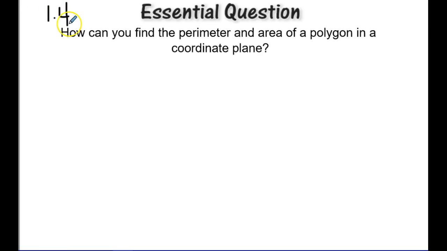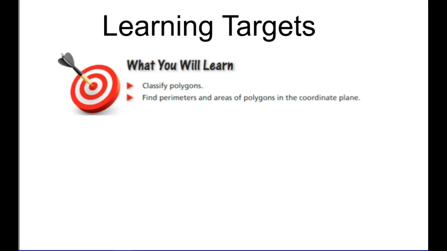Here we're looking at section 1.4. We're continuing looking at some just general geometry things. And our essential question for today is, how can you find the perimeter and area of a polygon in a coordinate plane? First, we want to look at what a polygon actually is, and that's our first learning target,